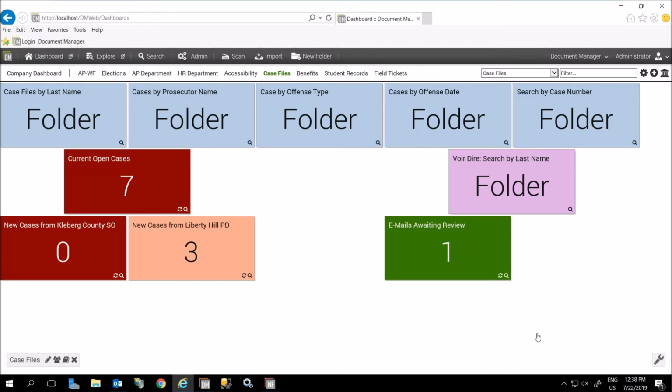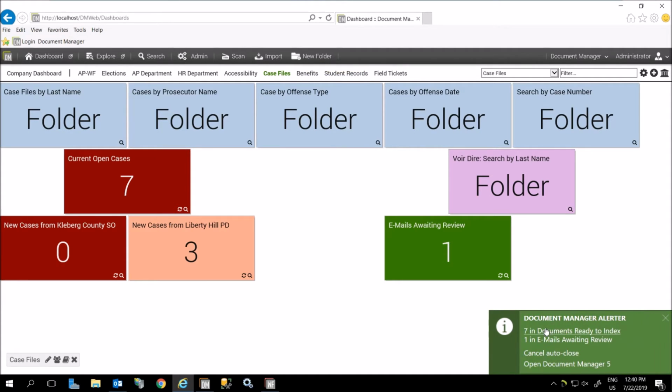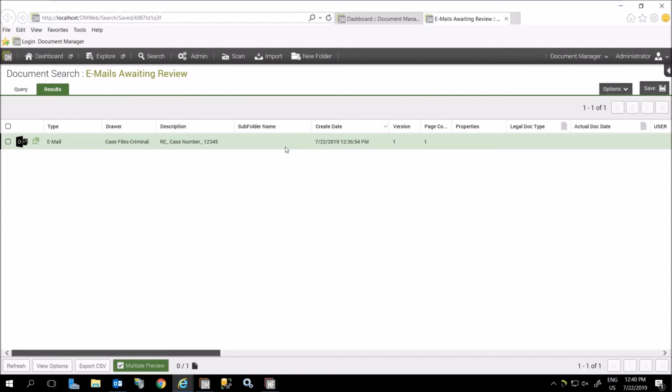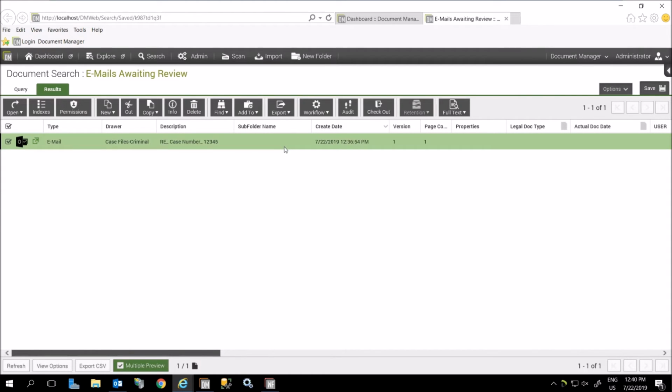Additionally, we have an alerter tool that will pop up kind of like when you receive a new email on a person's desktop, and that can be configured as well. And here's the alerter. It says one email awaiting review. I have another alerter right here for a different inbox, so I can click on that link. It'll take me directly to this email, so if you have multiple, it'll take you directly and list all the documents here. So now I can click on my workflow,